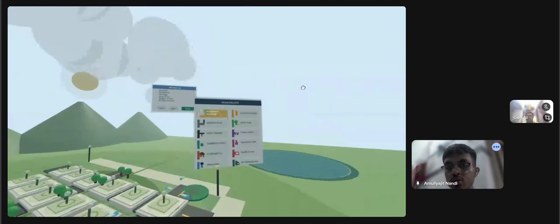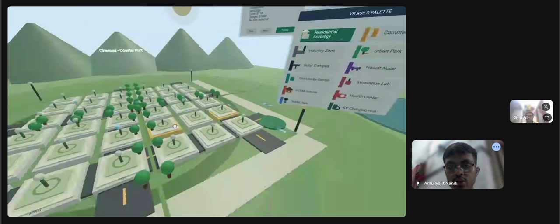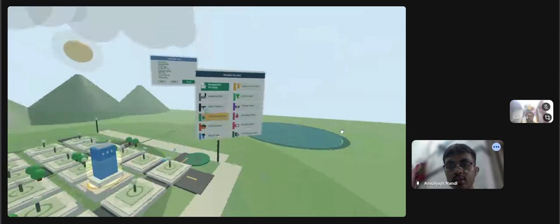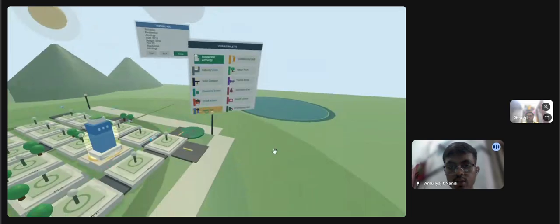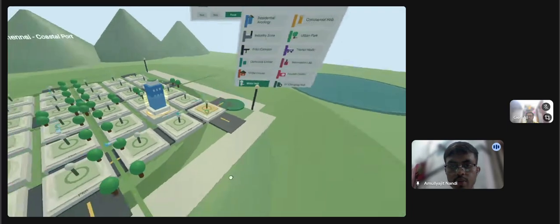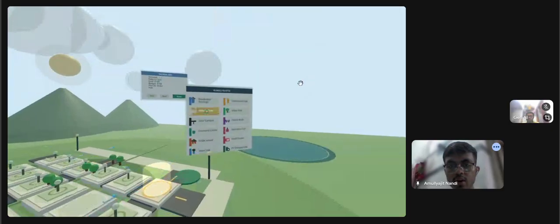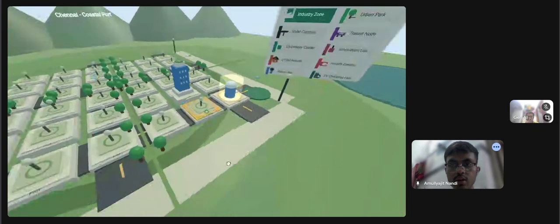Through exploring, we can compute each of the elements in the plot of this smart city section. Here we have chosen the residential ecology. Now I am choosing the water hub section as part of the smart city. And as we can see, if I navigate the industry zone in the plot,